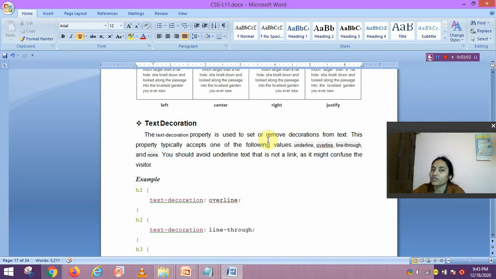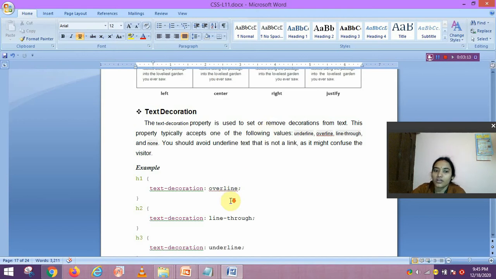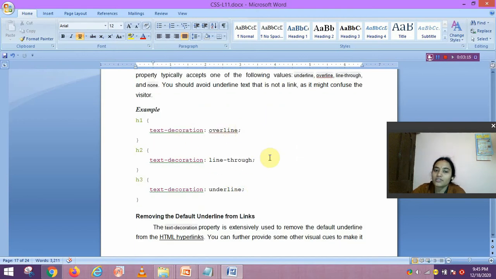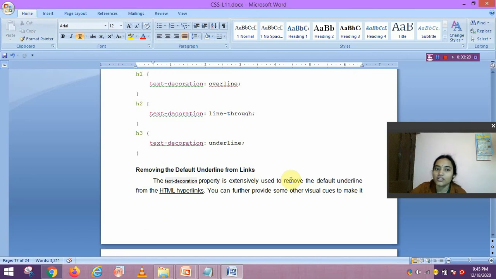That means text-decoration has 4 values: underline, overline, line-through and none. Overline means the line is over the text, line-through means the line is in between the text, underline means the text is underlined, and none means there is no decoration.